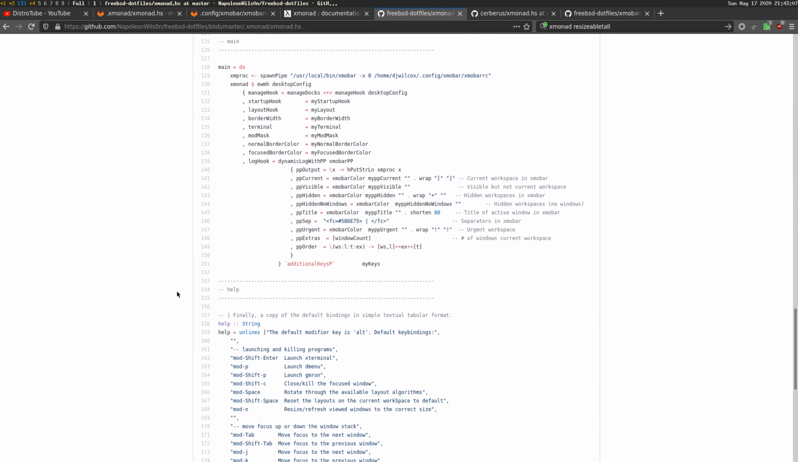Now the next section is the main section. This is kind of like the main loop that xmonad goes through to launch stuff and set stuff up. And first of all, what we have here is how we are launching xmobar. So we're doing xmproc, left arrow, spawnPipe, and then the path to xmobar. And this is actually how you can set which monitor you want it to appear on. So if I come across to